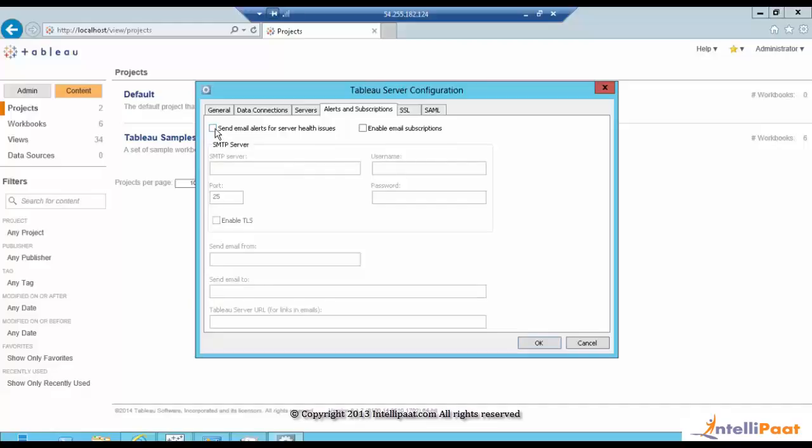So alerts and subscriptions, this is where you set up your server to send you emails whenever a server goes down, or any of your processes go down, or there's a restart. In such cases, you can set this Tableau server to send you an email. For this, you will have to enable it, and then you have to give your SMTP server. I'm sure your company would have a server set up for your emails, so we can just use that